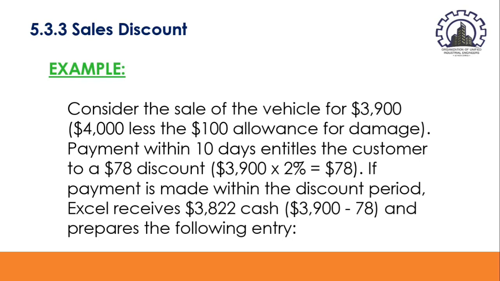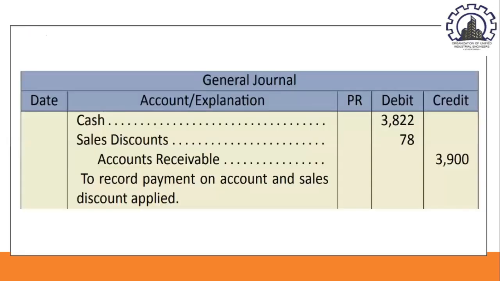So this is how our journal entry would look like. You debited cash amounting to $3,822, and you also debited sales discount, which is amounting to $78, and credited accounts receivable amounting to $3,900 to record payment on account and sales discount applied. Now, this entry reduces the accounts receivable amount to zero, which is the desired result. Now, if payment is not made within the discount period,